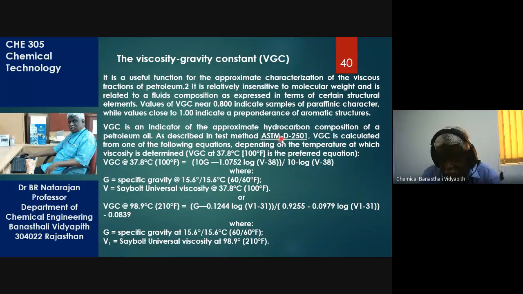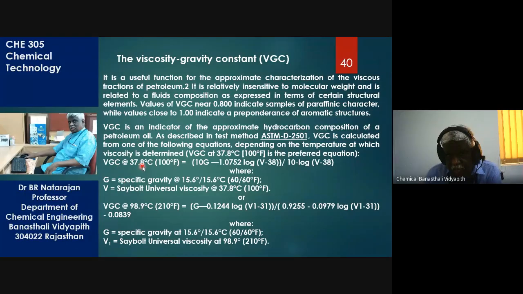It is done by this test method. ASTM is the American Society for Testing and Materials. This is a very highly reputed organization. They have defined the test method for finding the viscosity gravity constant. It is determined at 37.8 degrees centigrade, that is 100 degree F, and you put it in this equation, VGC,